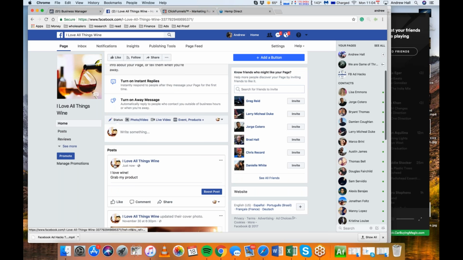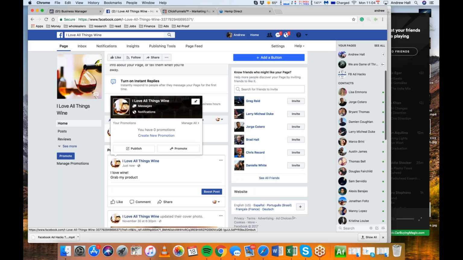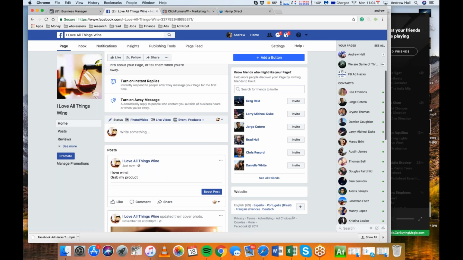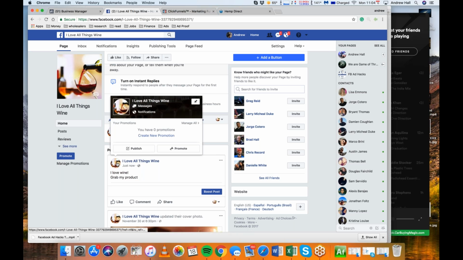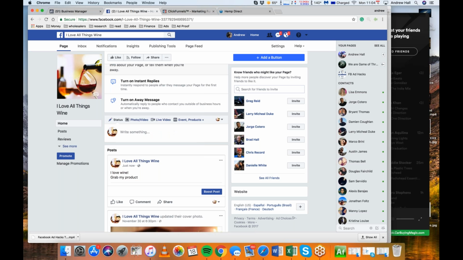The thing they're going to see is your profile picture, the name of your page, and then your post, which is hopefully an ad at this point with either an image or a picture. So really the only two things that matter on your Facebook page are your name and your profile picture, because very few people are actually going to click on your page from the ad. The main thing we want when they look at our ad is for them to go buy our product. Some of those people are going to hit the little thumbs up button on your post to like your page, but most people don't go click on your page. Most people are just going to click on the link on your post.